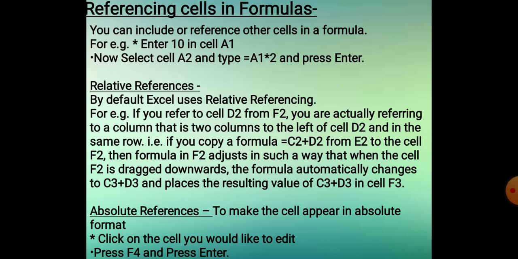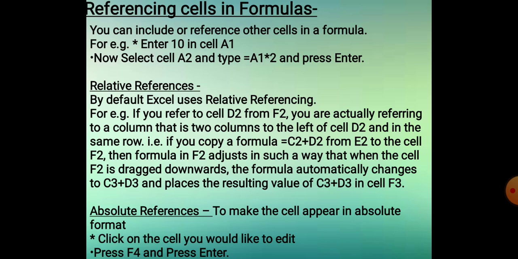For example, if you refer to cell D2 from F2, we are actually referring to a column that is two columns to the left of cell D2 and in the same row. When a formula that possesses a relative reference is copied from one cell to another, the value in the copied cell also changes. That is, if you copy a formula is equal to C2 plus D2 from E2 to the